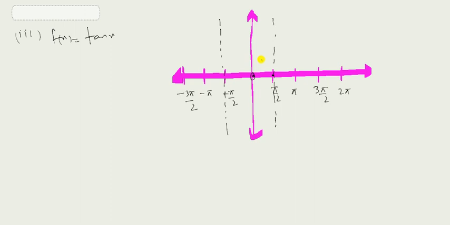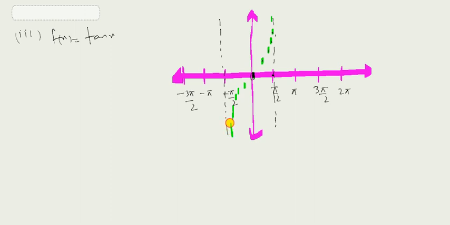At pi by 4 it is like this, then at pi by 6 it will increase, then it will go on increasing like this. I repeat, at 0 the value is 0, at pi by 4 it is 1, then at pi by 3, which is 60 degrees, it will move to root 3, then the value will go on increasing like this, and at pi by 2 it will become infinity. Similarly on this side also it will go on decreasing in this way.